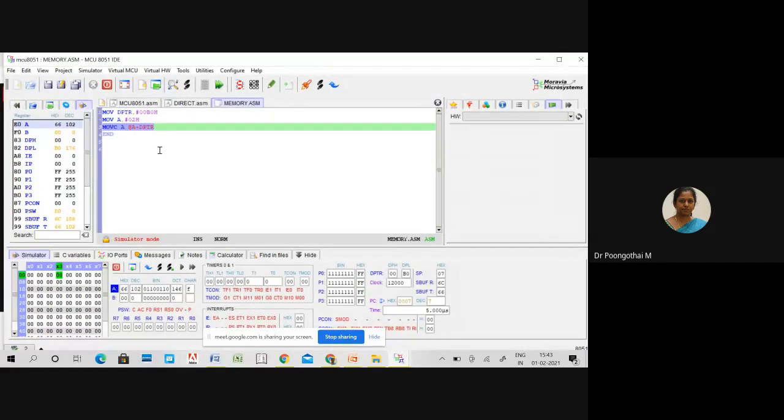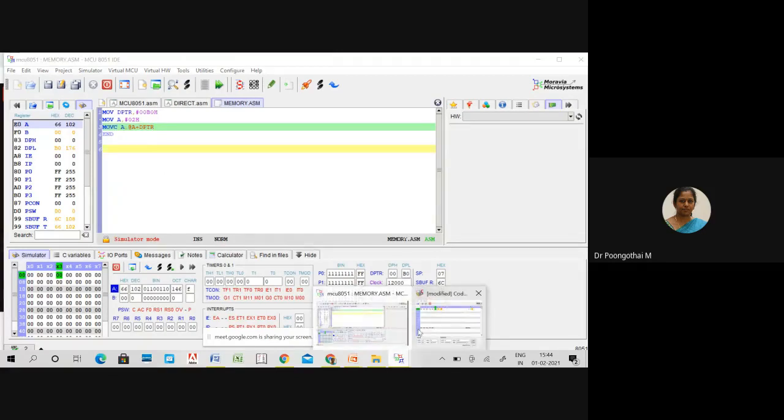So for that application, we need to load some values in code memory, and we have to access those code memory elements using this instruction. Here DPTR holds your base address, your accumulator holds the offset value. That is, 00B0 is the starting address of your lookup table. So according to this application, I am going to access the 00B2 data element from code memory. For that, I have used this instruction MOVC A, @A+DPTR.